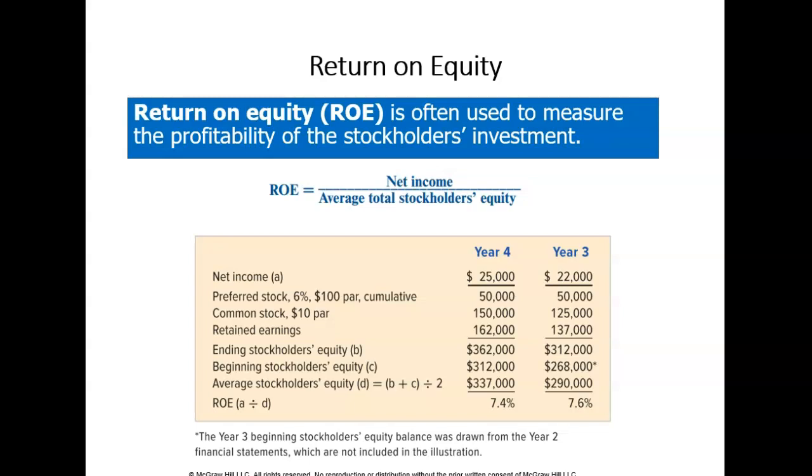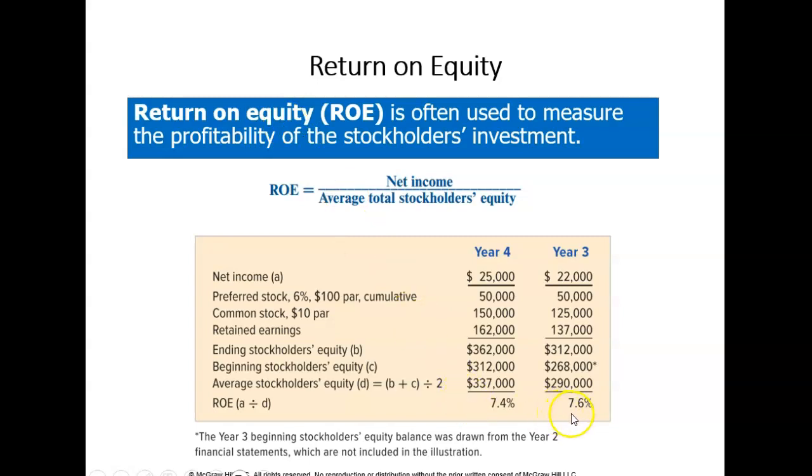Whenever it says average for any ratio, you'll take that beginning balance plus ending and divide it by 2 to get your average. So for year 4, net income was 25,000, average equity was 330,000, return on equity was